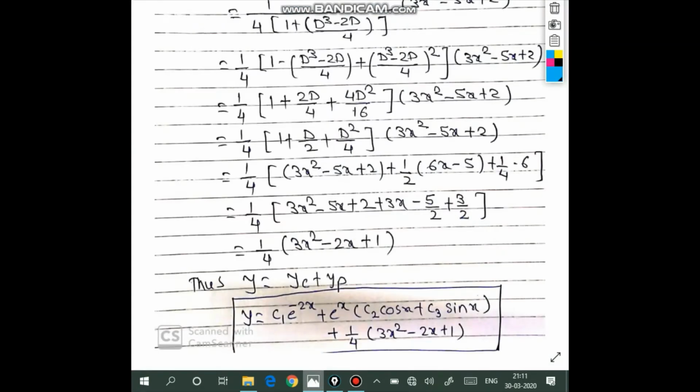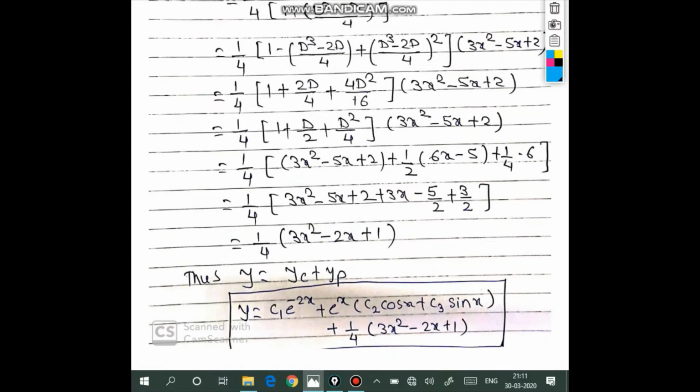We already started the shortcut methods to find out the particular solution of the linear differential equation. In the previous session, we completed a shortcut method to find the particular solution for the exponential function. Then we completed the trigonometric function and hyperbolic function. Now we are going to see case 4, when the RHS of the function is